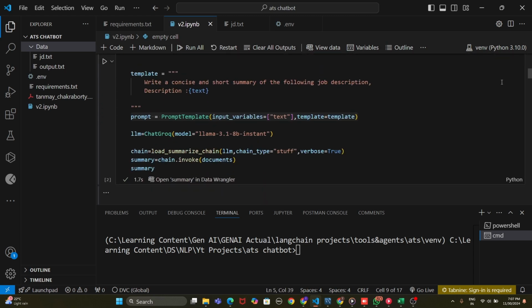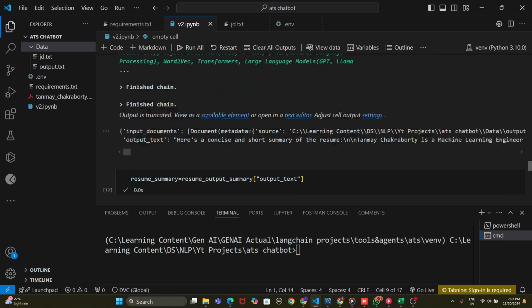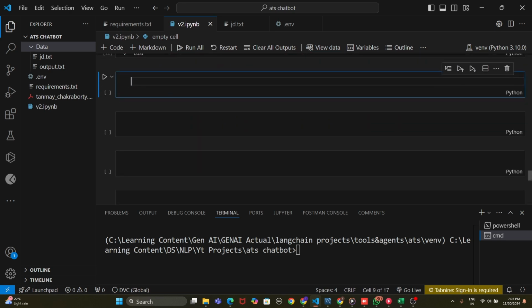Okay, so now we have our resume summary, we have a job description summary. Now it's time to compare both of them. Okay, that's our next step to do. For comparing we need to write another template. So what is the template? The template will be